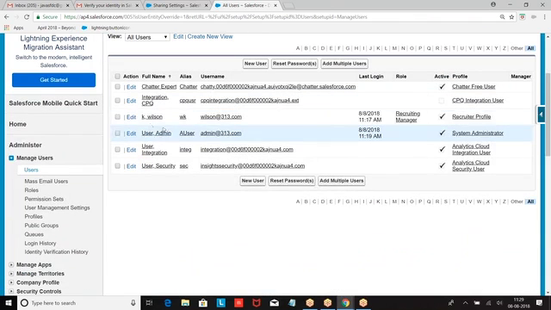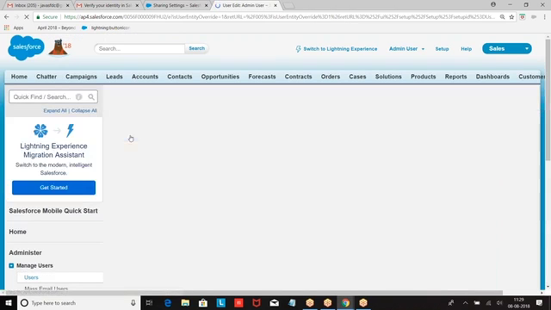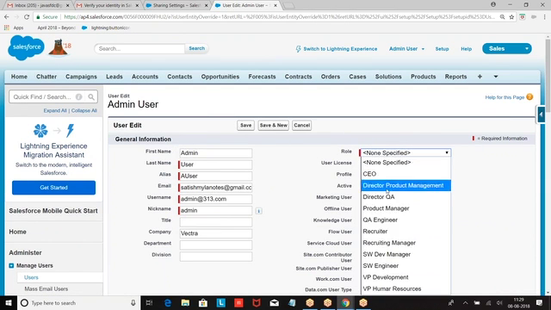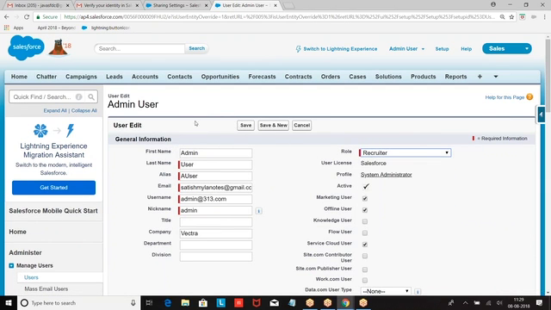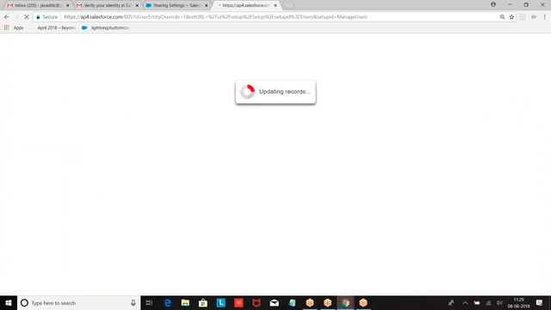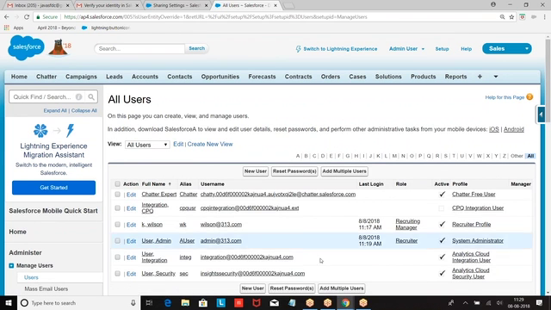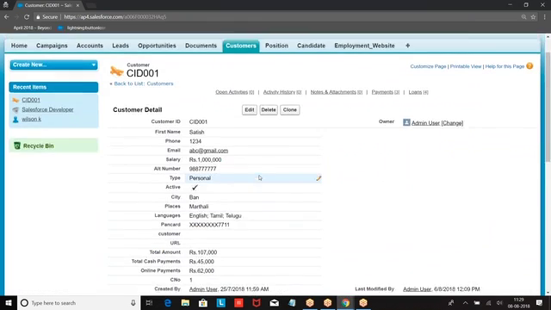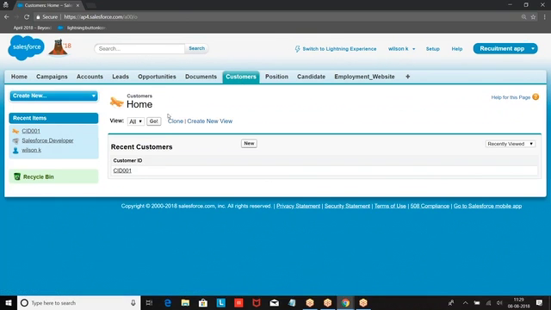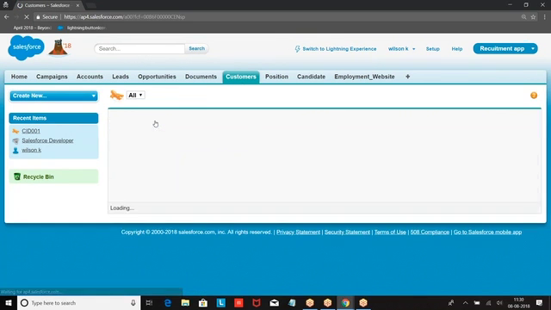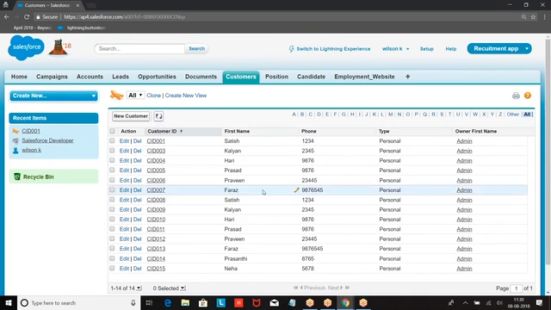What is the role of Wilson? Role is recruiting manager. Then Satish's role is recruiter. Satish is below Wilson. If Satish is below Wilson, then go back and see. Wilson will be able to see every record of Satish.